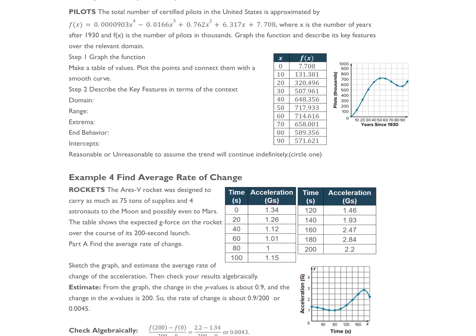So for years before 1930, the polynomial doesn't work, and it definitely doesn't work if you look at what happens before planes were invented. Before Orville and Wilbur Wright, there were no pilots, or at least none that were successful. So our domain really, we're just looking at from 1930. Well, they said 1930 is year 0, so we're looking at the domain from 0, and technically it goes